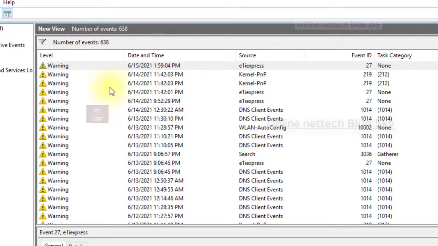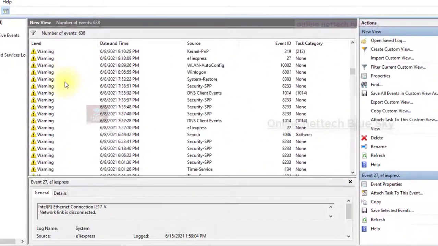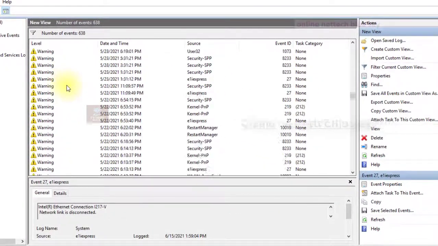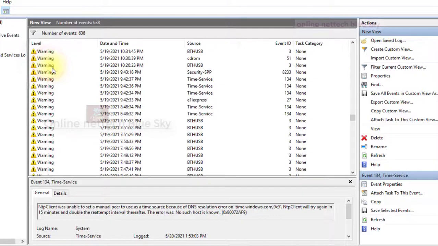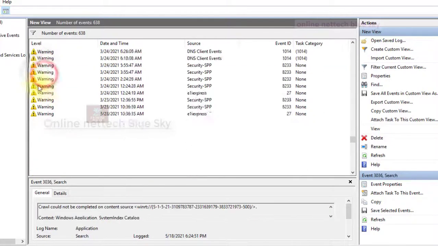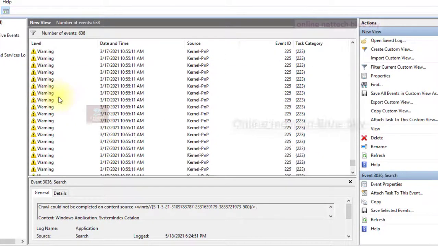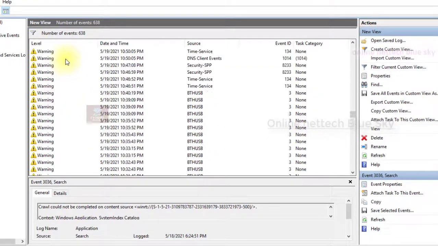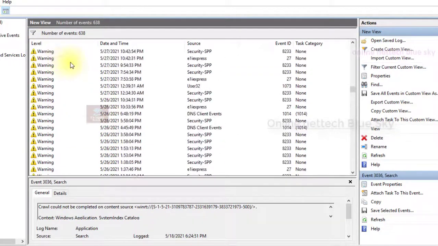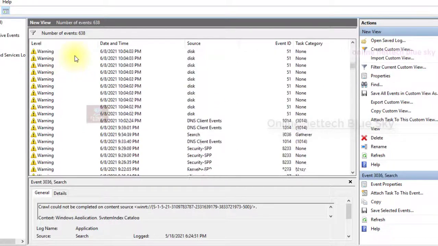So it shows me warning only, not error information, whereas all information is mixed together in event viewer. You can see event viewer with warning only. This is the warning showing here. So this is one type of technology, and different information related to it, showing me a warning.